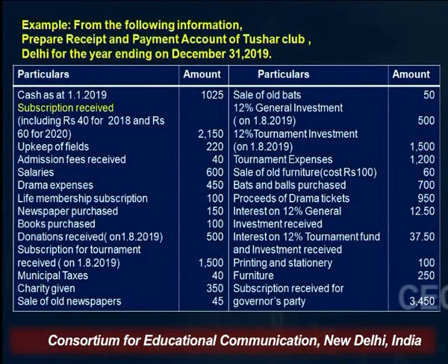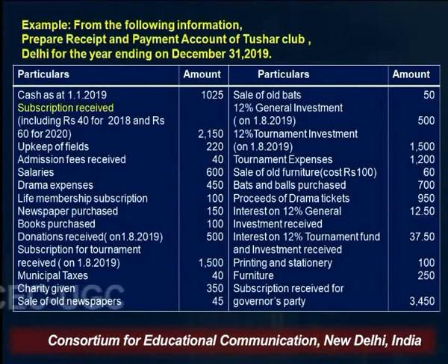and this is to be shown on the debit side of the receipt and payment account, irrespective of the fact that the total subscription we have received here is 2050, out of which 40 belongs to the previous year, that is our previous year is 2018, current year is 2019, and the next year is 2020. So the total income which we have received here is 2150, out of which 40 belongs to the previous year and 60 belongs to the next year. So the total income, which is 2150, will be shown in the receipt and payment account, because we record all types of receipts, whether they belong to the current year, previous year or next year.